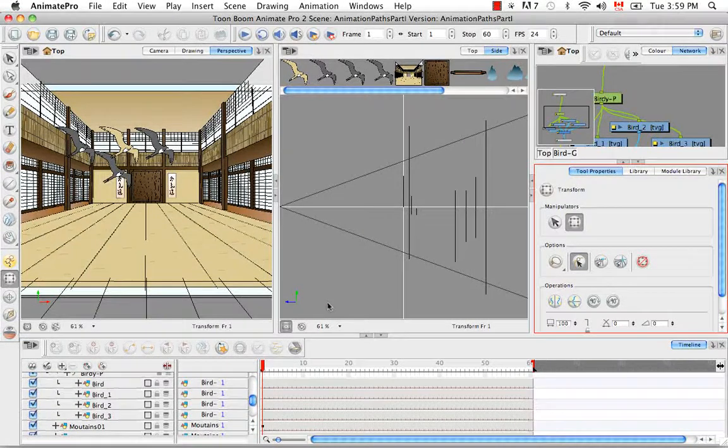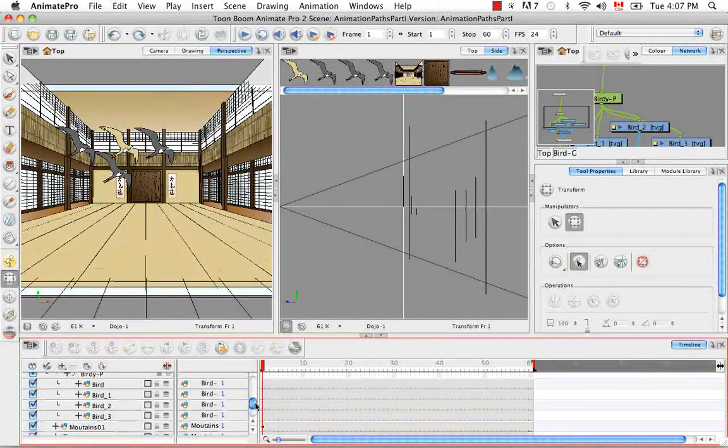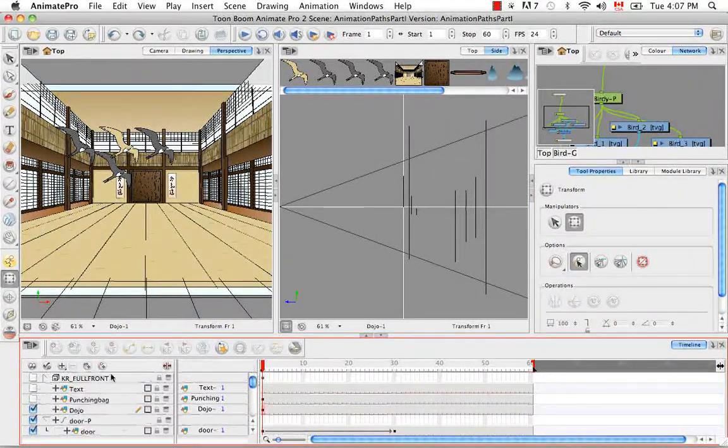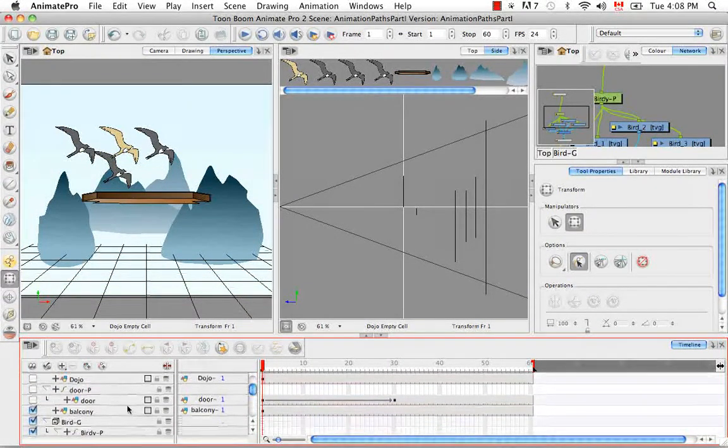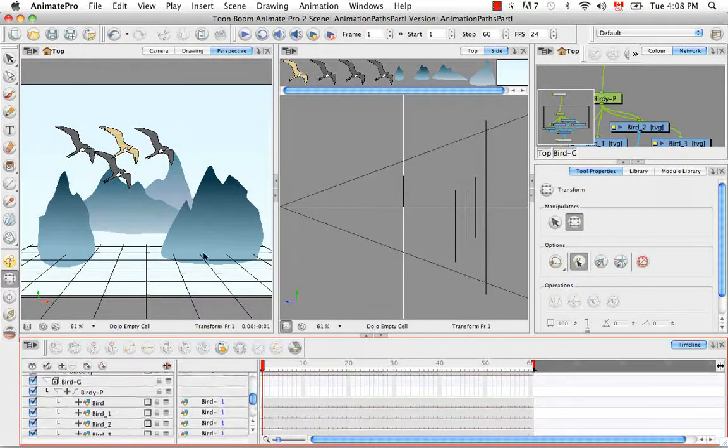We used a script to do it automatically, and if you remember, we went into the layer properties, but you can also do it individually if you have this selected. Let me show you what I mean. Let me first hide the dojo and the door and the balcony. If I grab this drawing layer here with the transform tool, so it's the gray bird,